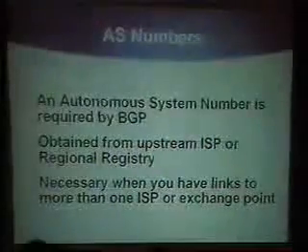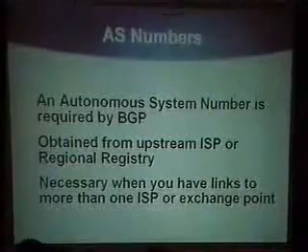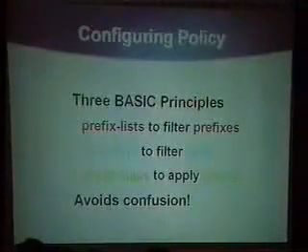You need an AS number. You need an AS number with BGP. If you want to multi-home, you obviously will need an AS number. You get that from the upstream ISP or from your regional registry. Okay. Now,